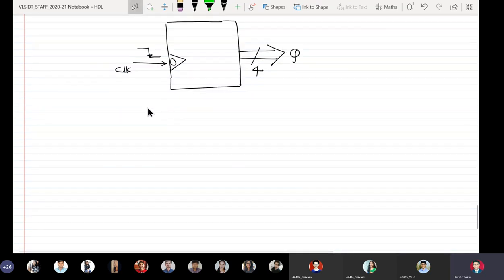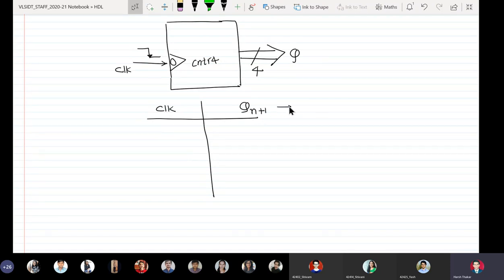So if you want to make the truth table for this particular counter, let the name be CNTR4. I can write down the status of clock as the first column, then Q, and then Qn+1. So this is the next state of the counter. Next state of the counter is called Qn+1 and Qn is the present state.